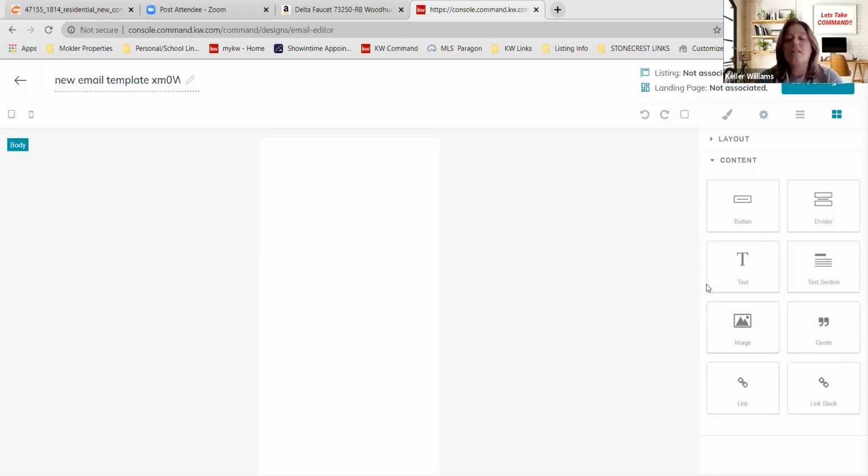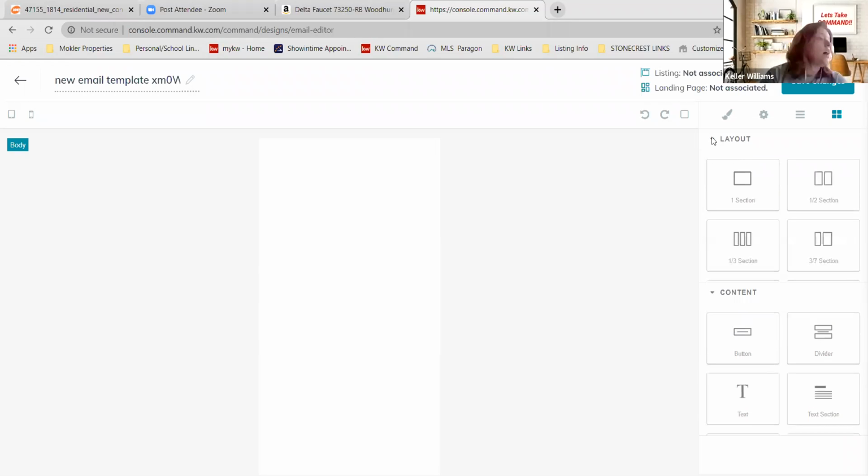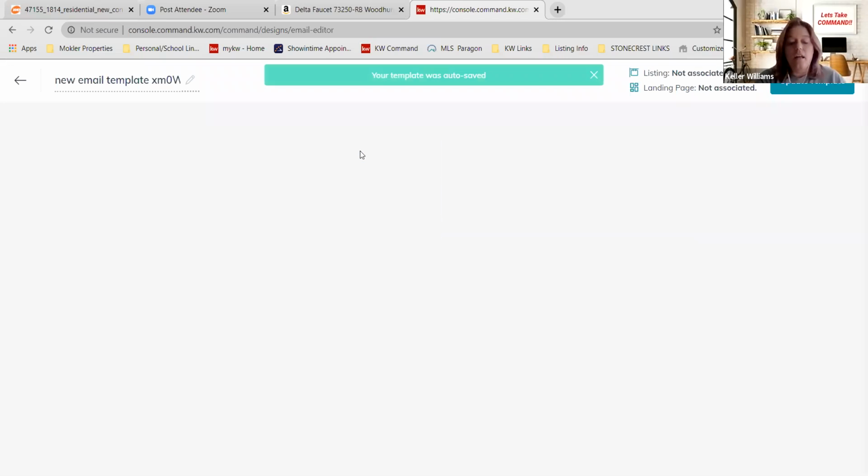Essentially what this does is very similar to what we are going to start talking about next time, Friday, our last session, when we talk about your app and your website. Those things will function the same way that this does, as it's a drag and drop type situation where you're laying out your format. So now I've created a cell here by dropping that over, and then maybe I want to put a text box in there. So I drag that over, and I can start